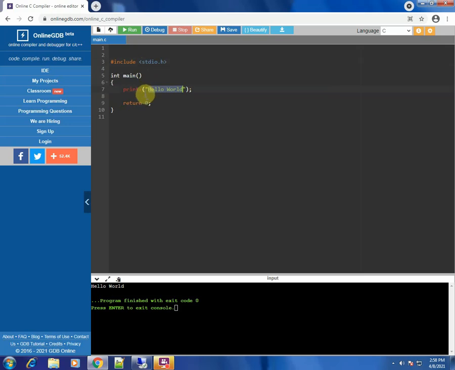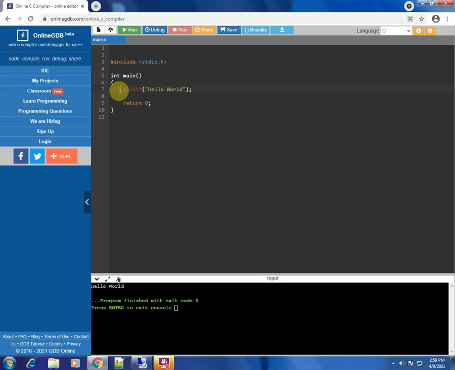For this printf function you have to use brackets. You just cannot write whatever output you want to print. You have to write it in brackets, and you have to use double quotes. You can see there are double quotes at the very beginning and at the very end.